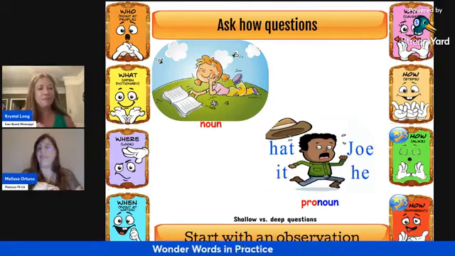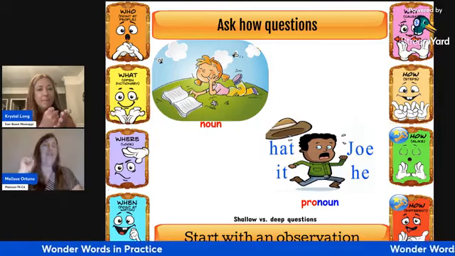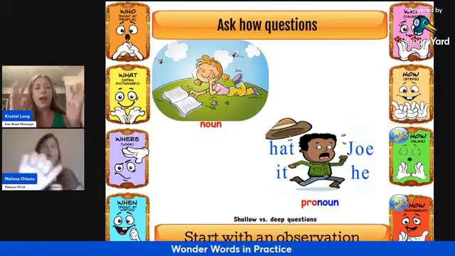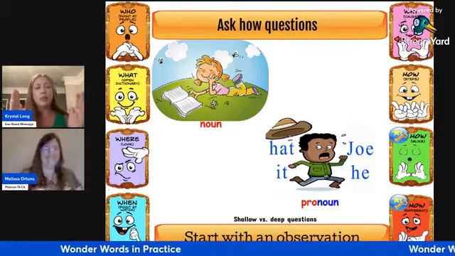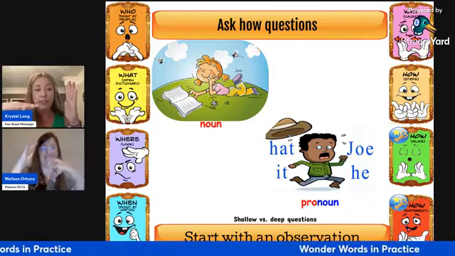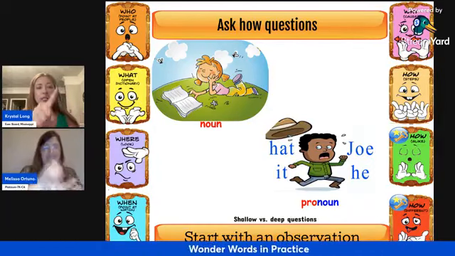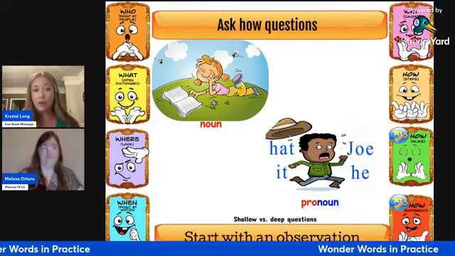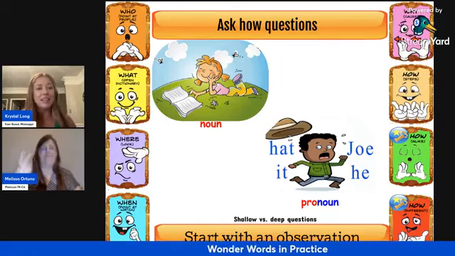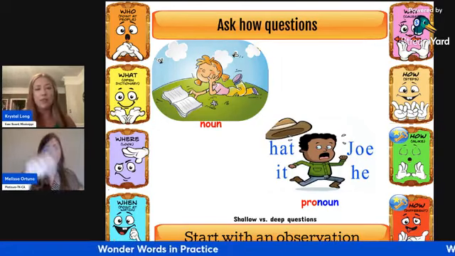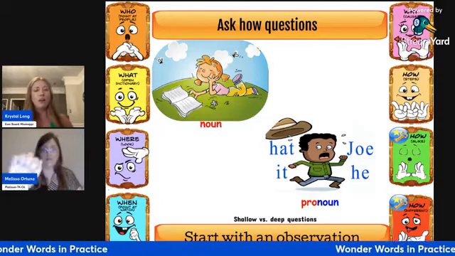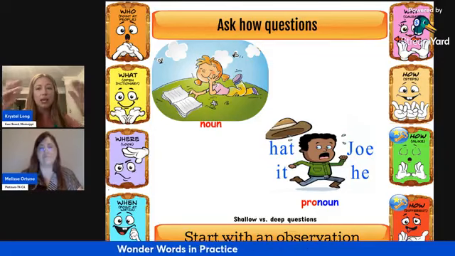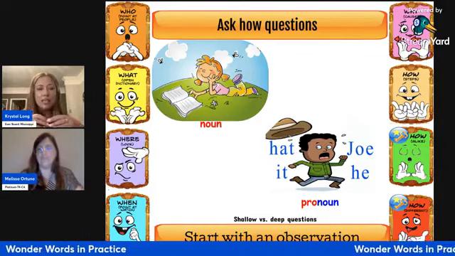The nouns and pronouns are similar because they are labeling a person, place, or thing. Ooh, that's a good one. Nouns and pronouns are different because nouns are a specific word for a person, place, or thing, but pronouns are words like it and he that do not name the person, place, or thing specifically. All right, so notice how we are using these different graphics to really help our students connect and make those questioning techniques even better.